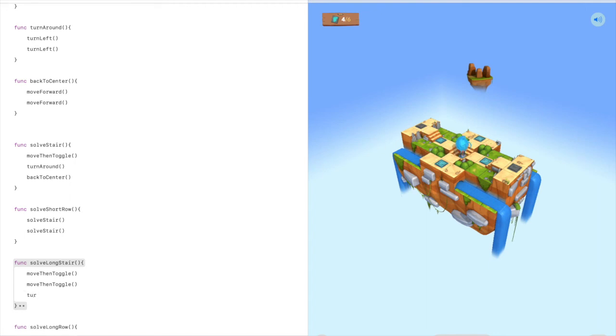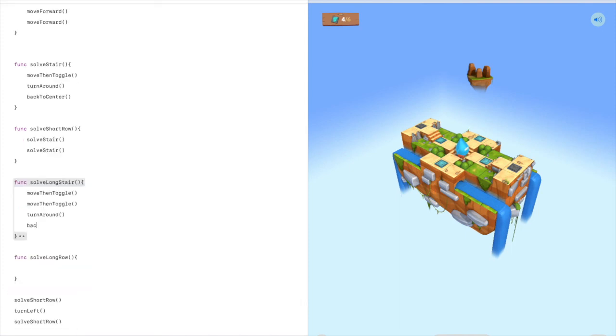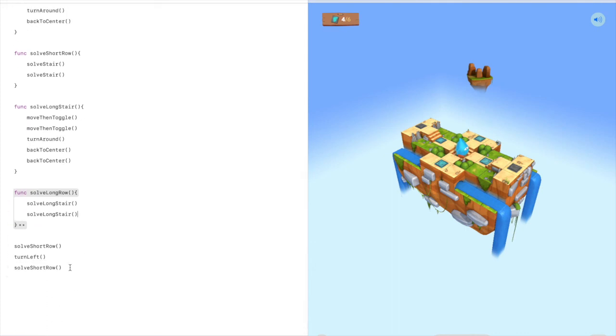Then we could turn around and then back to the center twice, because we're double the distance away. So solve long row would just be solve long stair twice. So instead of that, we would have